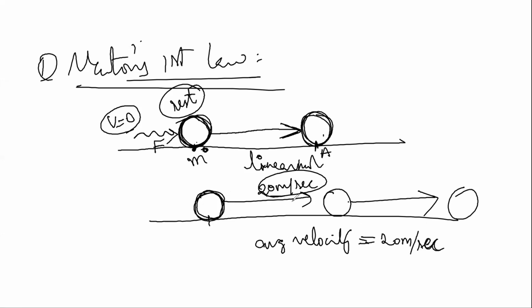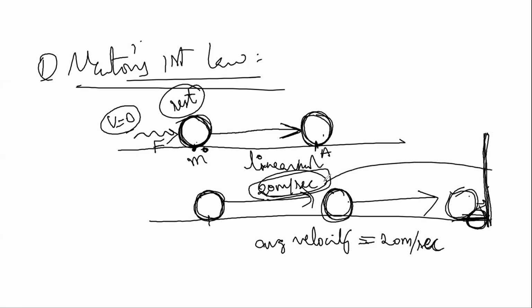Now, if you want to stop this ball, I put an obstacle here. I put a wall here. Then with this obstacle or stopper I have put here, the ball comes to its rest position, or else it hits this and oscillates for some time in to and fro motion, and again it comes to rest. See, now the body's velocity has come from 20 meter per second to suddenly 0.